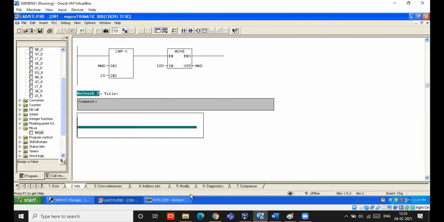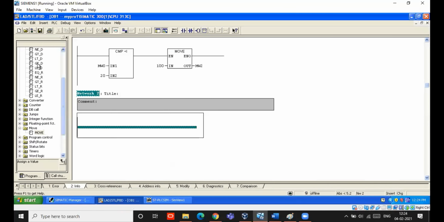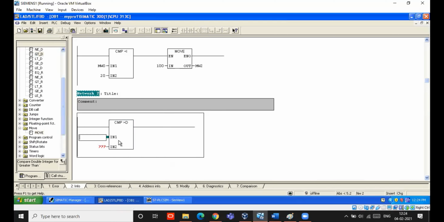Next, in the next line, I have to use two comparators. One is for 20, another one is for 40. So 20 to 40.